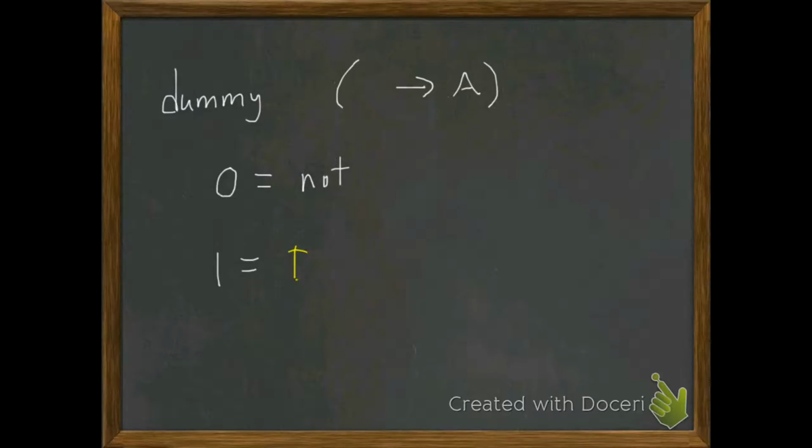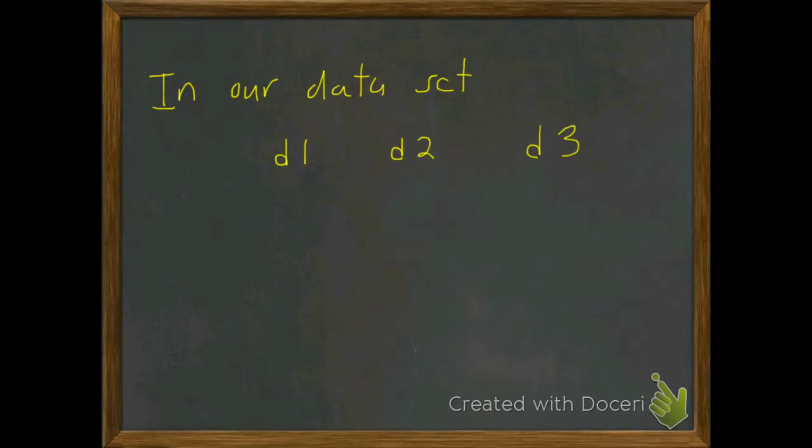So just be advised that dummy variable 2 is going to compare C and not C. Not C will be 0 and C will be 1. Now, again, gang, think about it. In our data set, we're going to create these new variables, dumvar1, dumvar2, and dumvar3. What are our entries going to look like